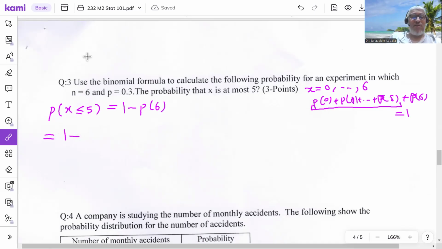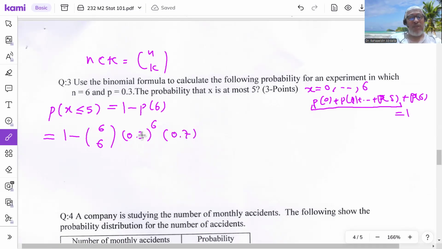nCx, nCk can be written as (n k) like this, okay? So I'll use this notation. n here is 6, x is 6 because I need to find P(6), times p, which is 0.3 to the power 6, which is x, times q. What is q? 1 minus p. 1 minus 0.3 is 0.7 to the power 6 minus 6, which is 0. This is 1, and this is 1. So the answer is 1 minus 0.3 to the power 6. That's actually the answer. And if you put it in the calculator, it would be